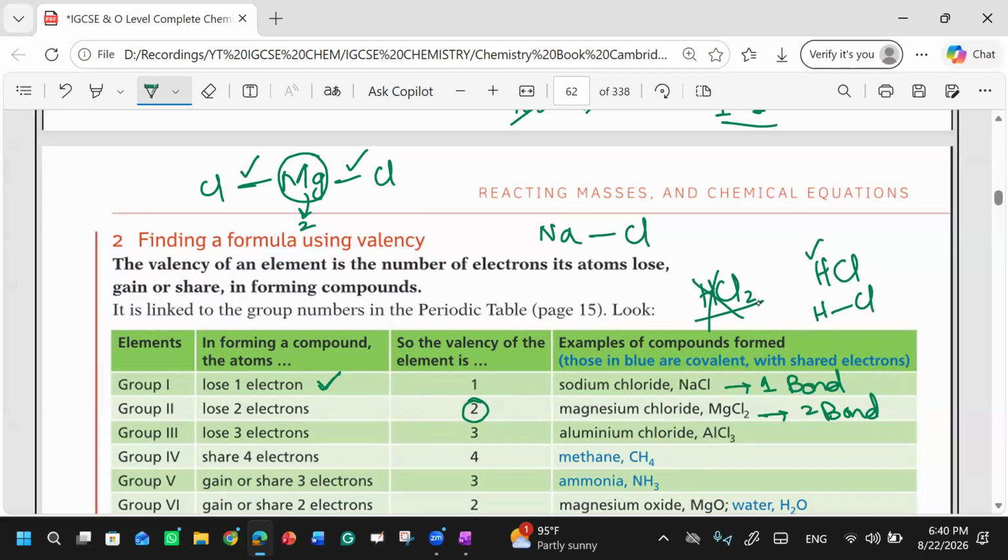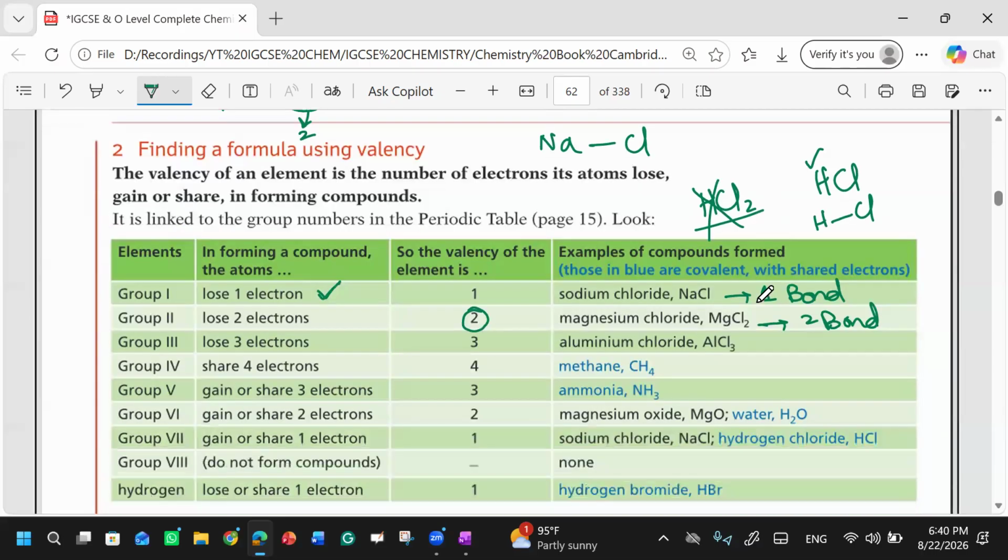I am repeating it again. The first thing is, we have different groups, and in different groups we have arranged the atoms. These elements have valence electrons. Group number 1 has one electron in the valence shell, right? So it can only make one bond with any other species, any other non-metal. Similarly, group number 2 have two electrons in the valence shell and they can make two bonds, right?